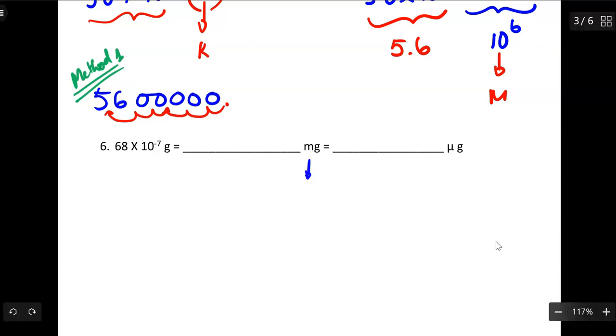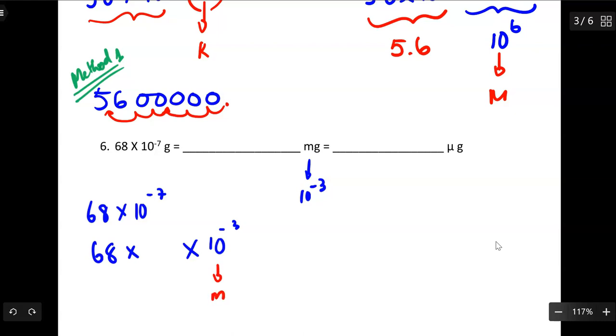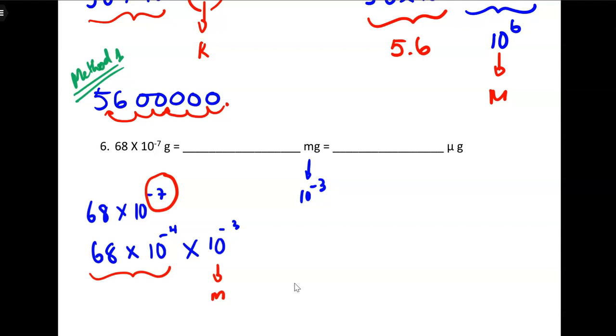Okay. So here is my 10 to the negative 3. So now you have 68 times 10 to the negative 7. So you can break this into 10 to the negative 3, right? So this will turn into your milli. But then you have 10 to the negative 7 to begin with. So that means you are having 10 to the negative 4 left here, because you take negative 4 plus negative 3 gives you negative 7. So now your number from here will be, right? So that means you will have